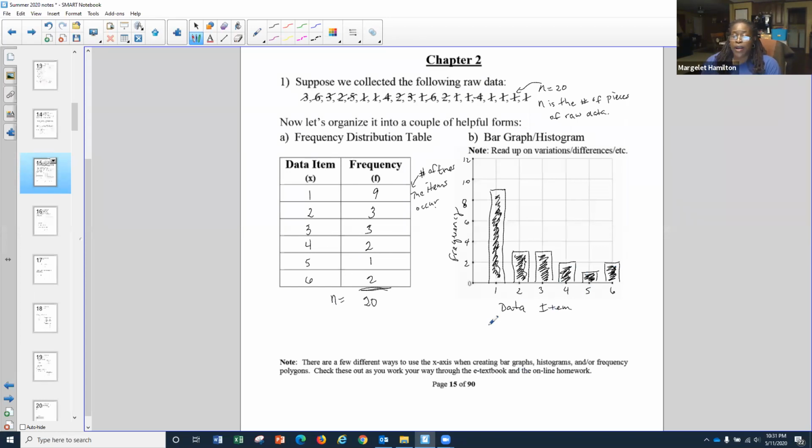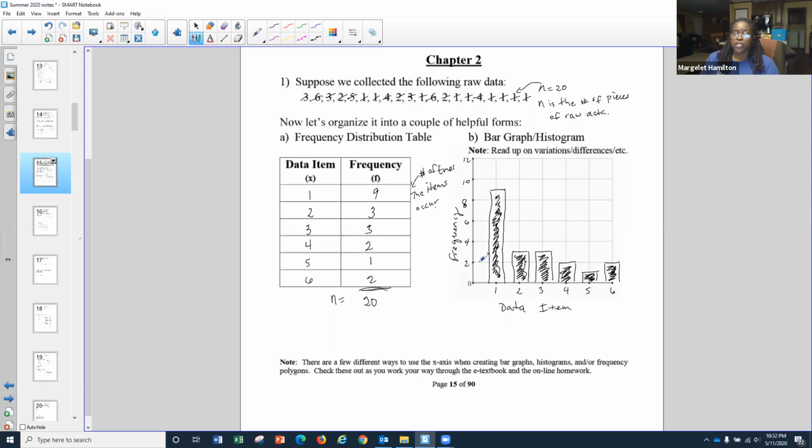So remember, our x-axis represents your data items. All right, whatever you're talking about, they may label it whatever the subject area is of the survey. Your frequency is your y-axis, how often something occurs. They may ask us to tell from just looking at the bar graph what your n value is here. So just looking at the bar graph, we should be able to tell by adding up the values of our